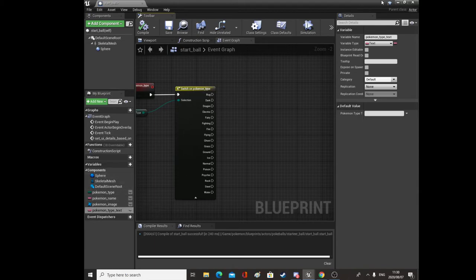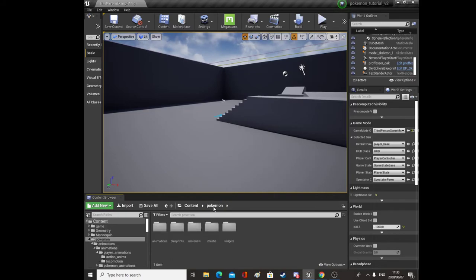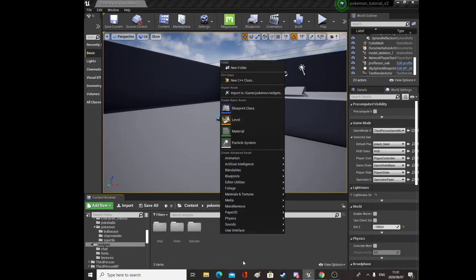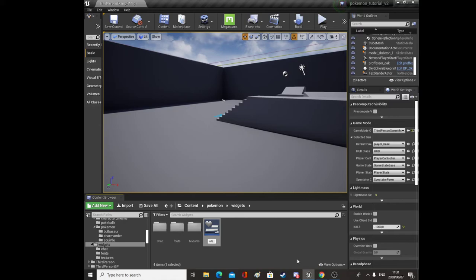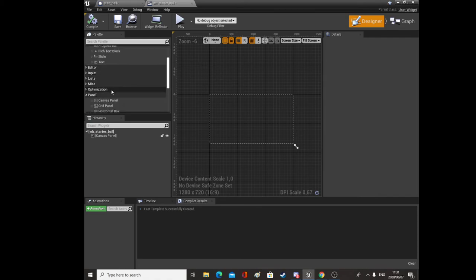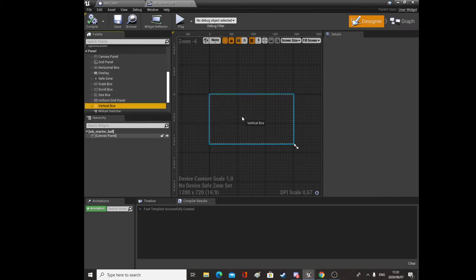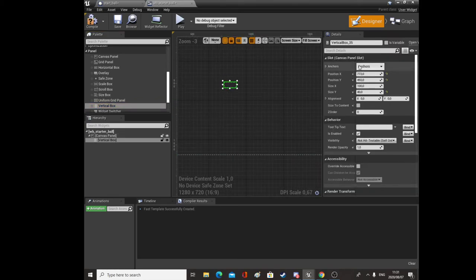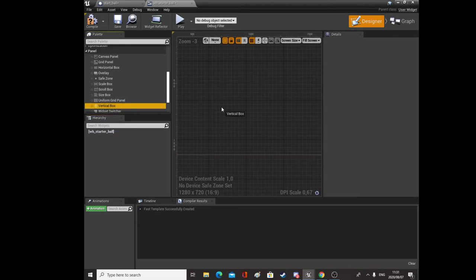we're going to need a widget, but we've set this all up now, so let's go make that widget. Let's go to Pokemon widgets, and we'll just make a widget in here. We'll call this WB starter ball. Okay, and then we'll open it up and we'll go to the designer, and what we're going to do first is add a vertical box. I love my vertical boxes, and we're going to anchor it right to the middle of the screen. But rather, we're going to delete this vertical box and we're going to delete the canvas panel. And we're going to throw in a vertical box,